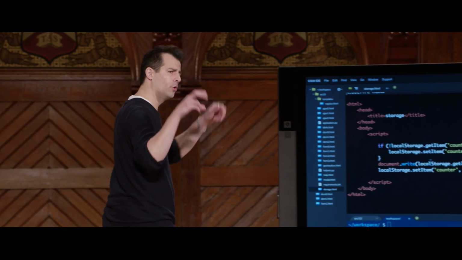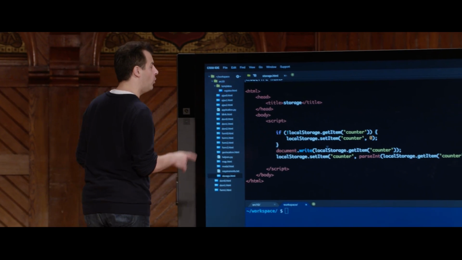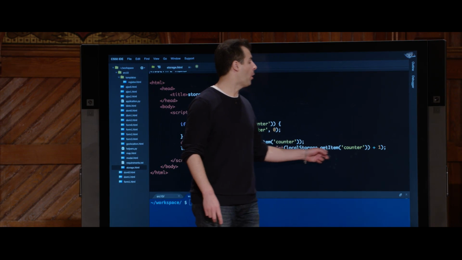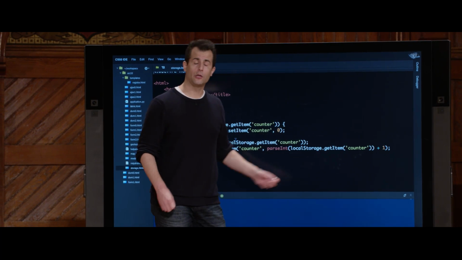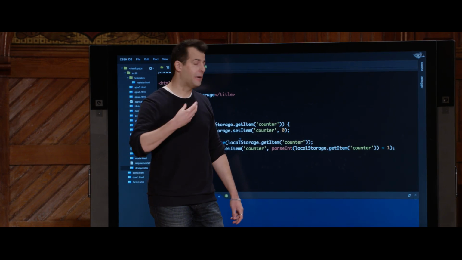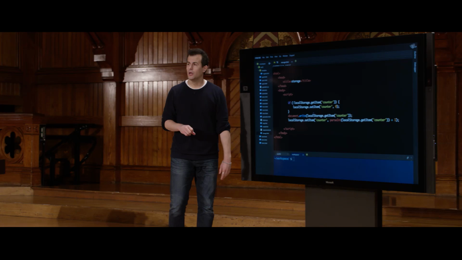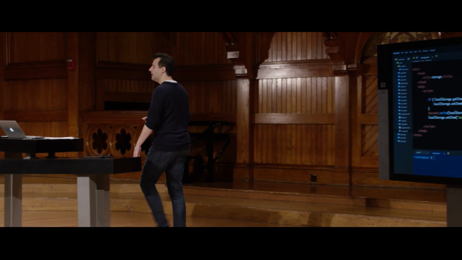And that's fine, because like quote unquote 1, quote unquote 2 is still useful. But parseInt is a function built into JavaScript that's going to allow me to parse this string that I get back and convert quote unquote something to an actual integer, so that I can then add 1 to it and set it back. So this example is only to say there is an ability to store data locally in the